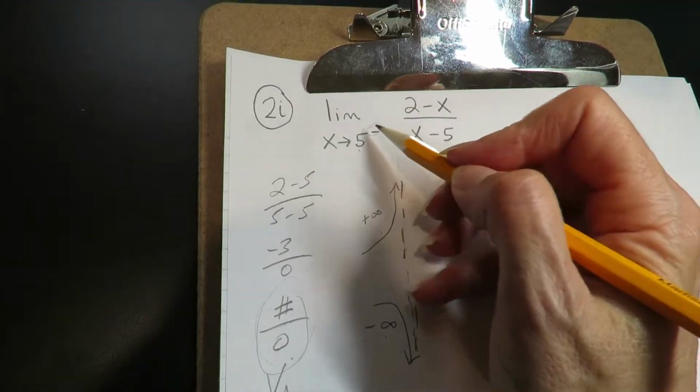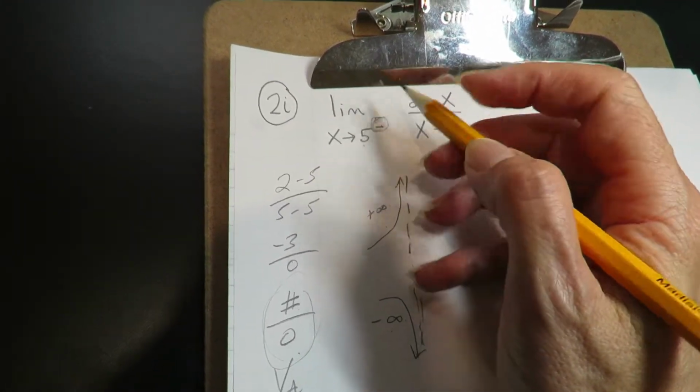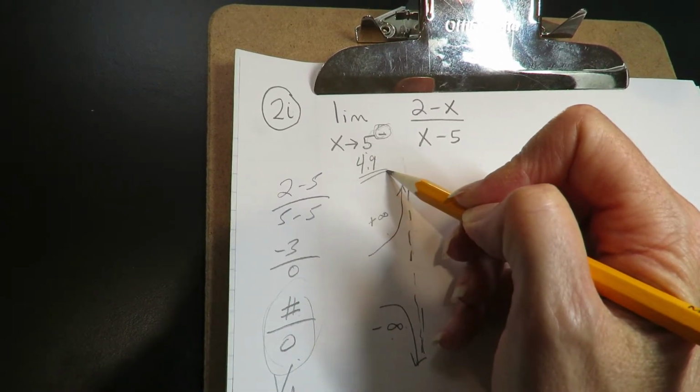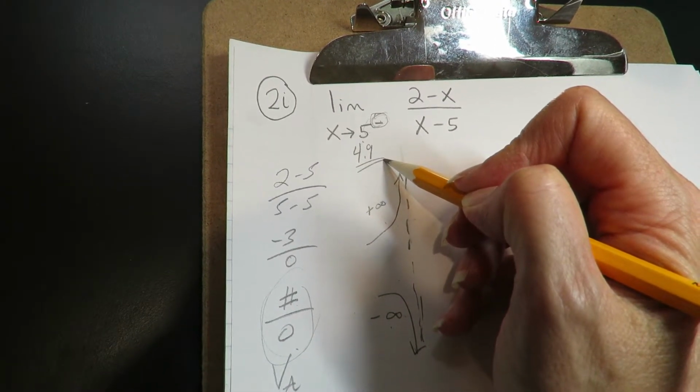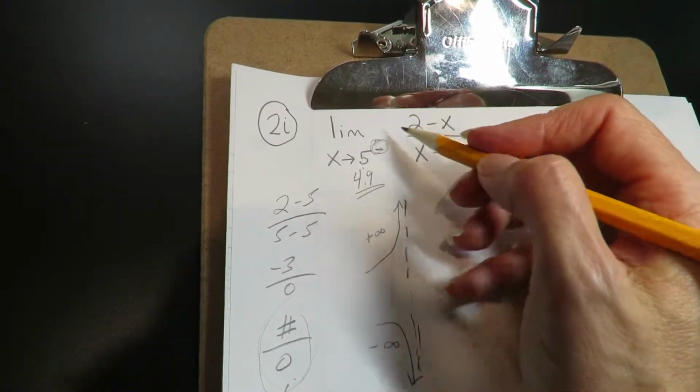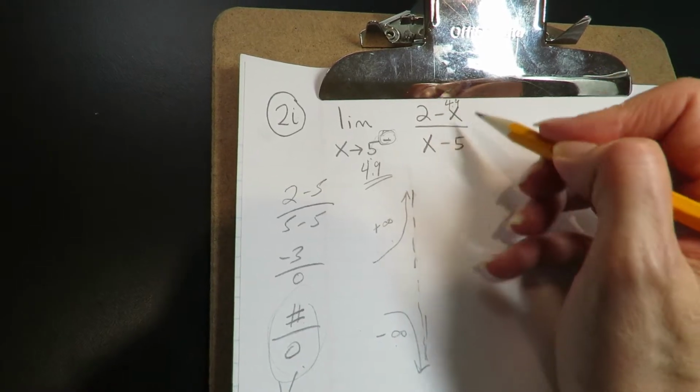So how you figure that out is you pick something a little less, right? You're coming in from the left. So you pick something a little less than 5. Now make sure you make it just a little less, okay? So something like 4.9. So if I plug 4.9 in for x,